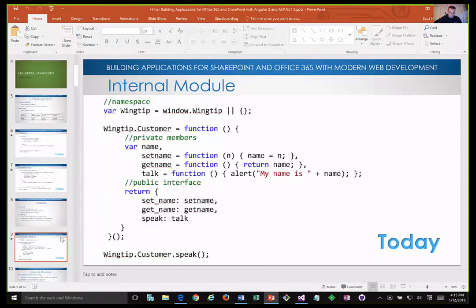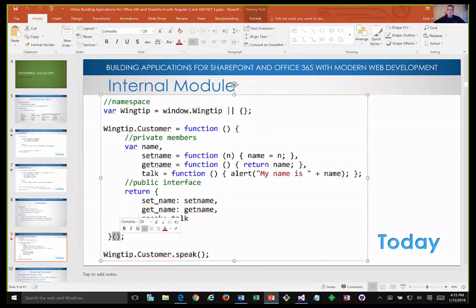Here's a classic example of an internal module. You can see here that what I've done is I've created a namespace called wingtip as an object and then attached my customer definition to my wingtip object, giving me basically a namespace with some kind of module inside of it. And then it's also important to point out that I'm using this self-executing function in order to create that